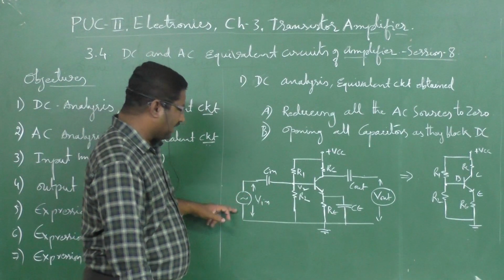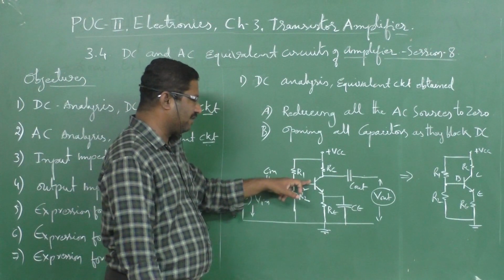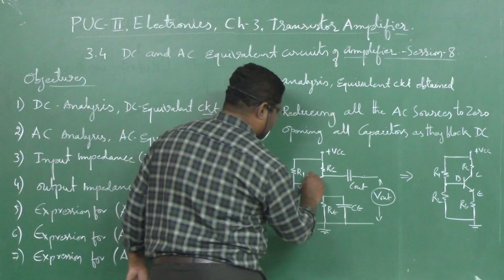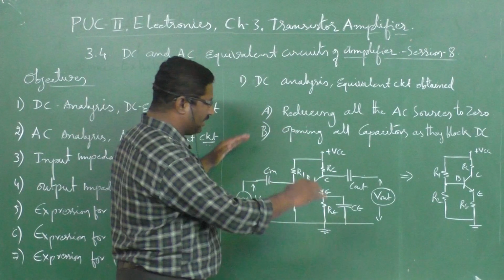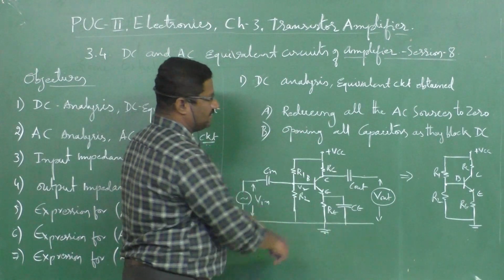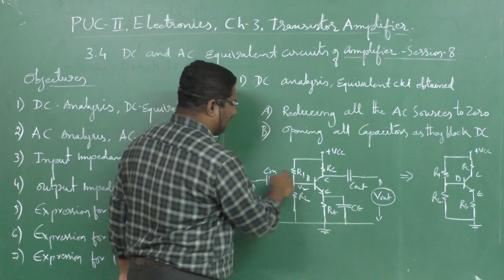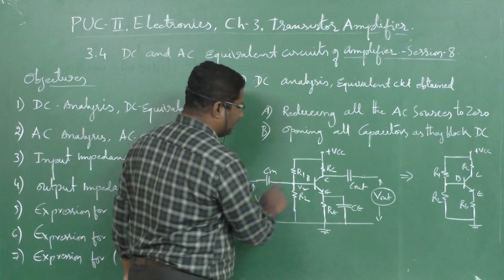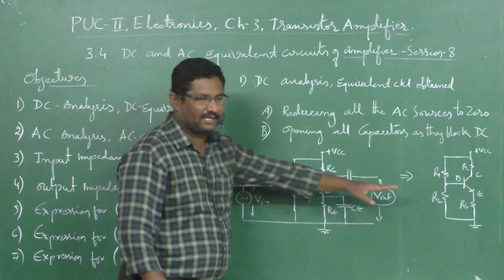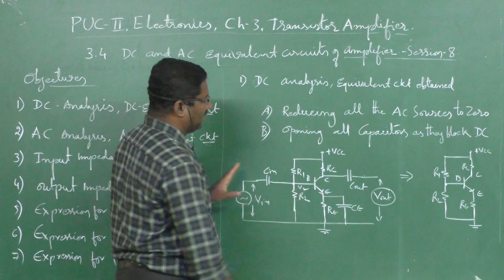Here we have configured this transistor in CE configuration, because this is the base, this is the collector, and this is the emitter. How to explain it? The first thing you need to explain is that this is the transistor CE amplifier circuit. In this CE amplifier circuit we have the transistor and components R1, R2, RC, RE, C in, C out and CE. Input is applied across V in, and output is taken across V out, with a 180 degree phase shift. All those things we have to write when it is asked.